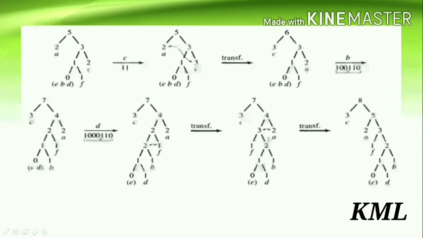Next, what do we get? 1 plus 2, 3. Again check the sibling property. After each update check the sibling property. So 7, 4, 3, 2, then we get a 3 here. This violates the sibling property. So what do you do? Swap it with the leader of the previous block. This is the previous block, swap this 3 with it. So what do you get? This 2 comes here along with A and this 3 goes to the right along with all these subtrees.